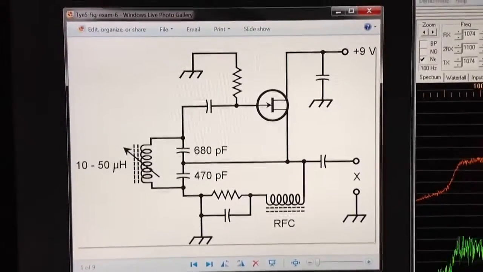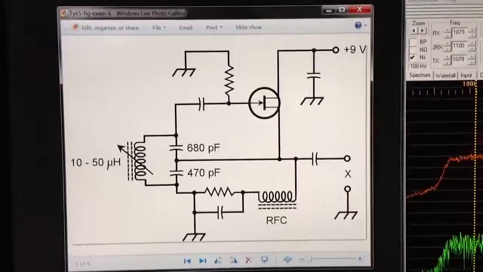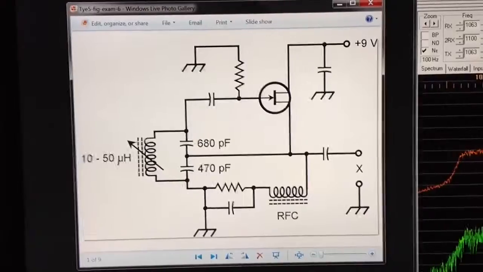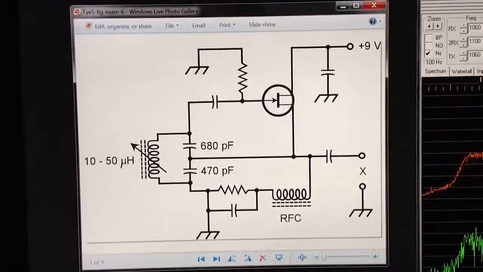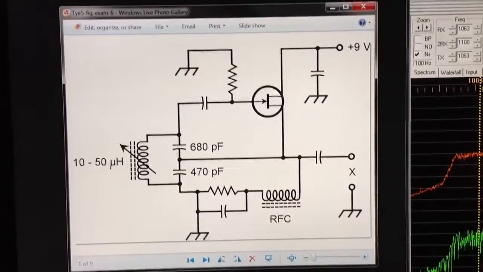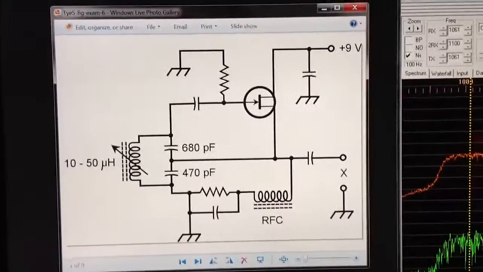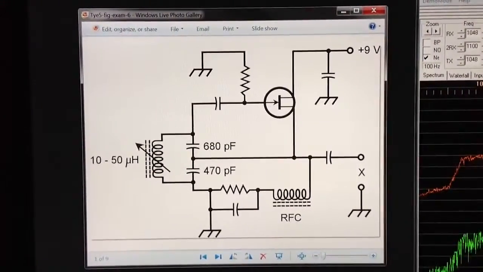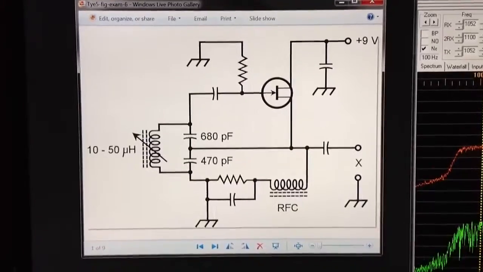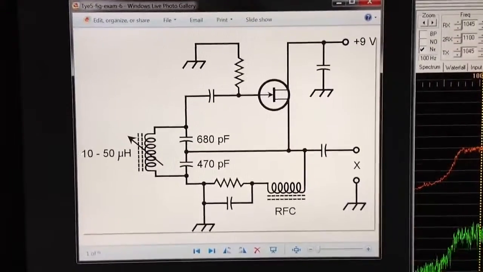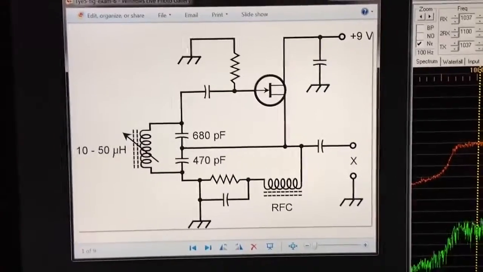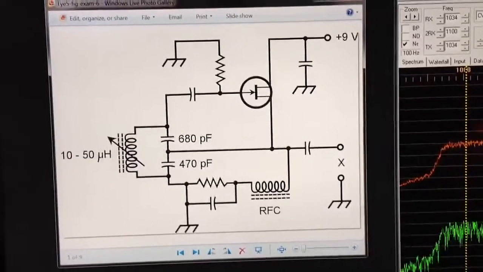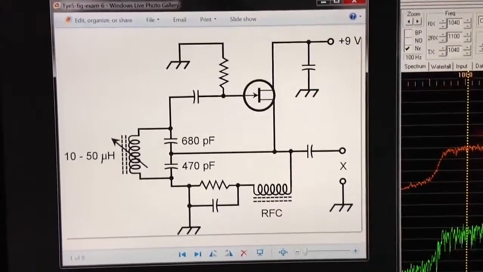Don't let the fact that the output is taken from the source circuit confuse you. In most oscillators, the output is taken from the source or from the emitter, in the case of a bipolar transistor, rather than from the drain or the collector, because you get better stability that way. The load has less of an effect on the behavior of the oscillator if we take the output from the source, in the case of a field effect transistor like this, or the emitter, in the case of a bipolar